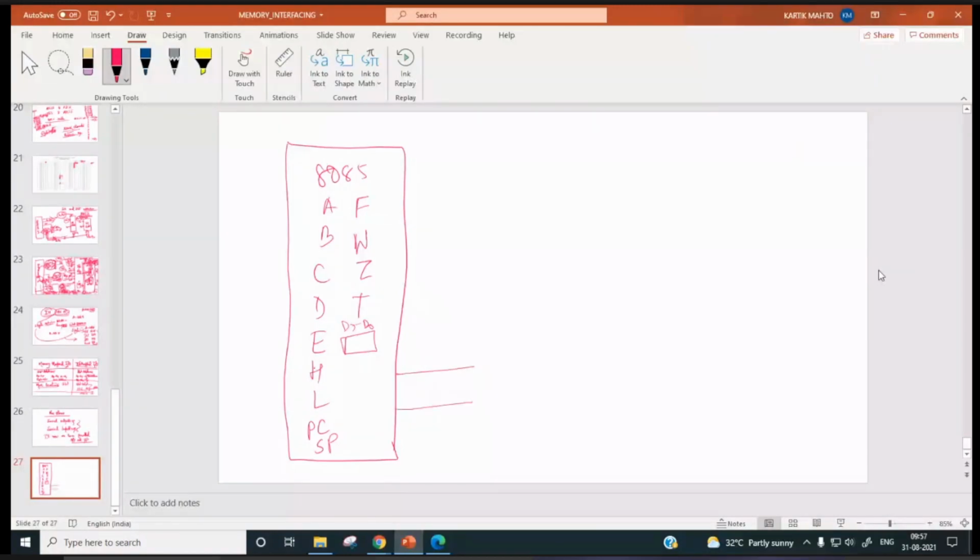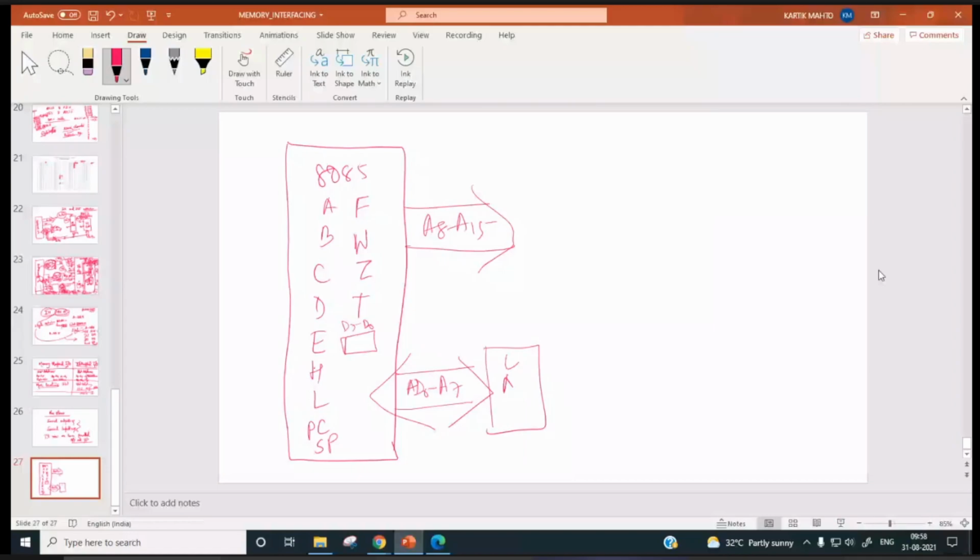Sir, AD0 to AD7. Right? And address is outputted parallelly via A8 to A15 and AD0 to AD7, with the latch, ALE.